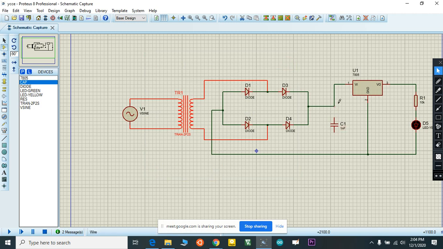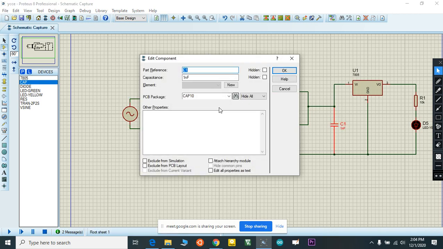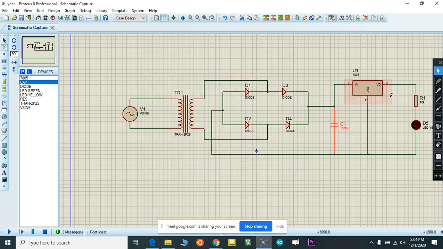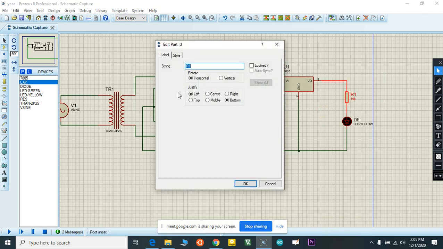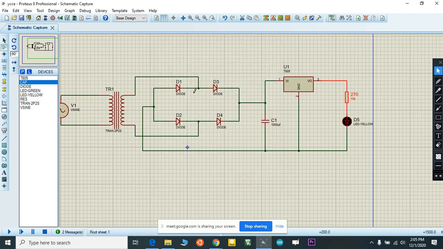Okay, we need to set this capacitor value. It's 1000. Okay, then resistor value 230 ohm. Okay, our circuit is almost completed.